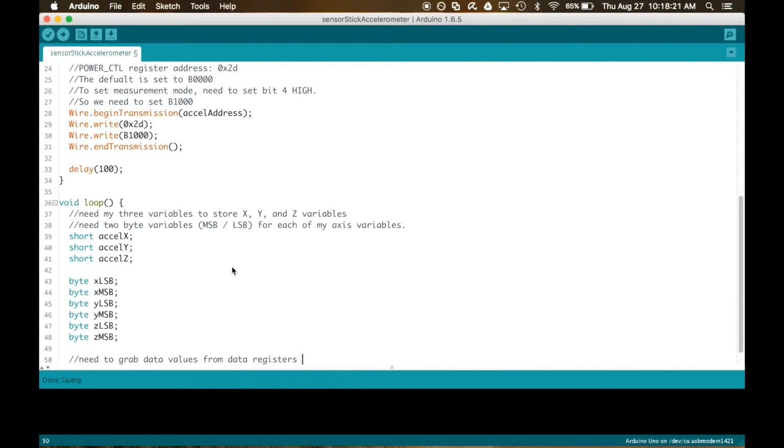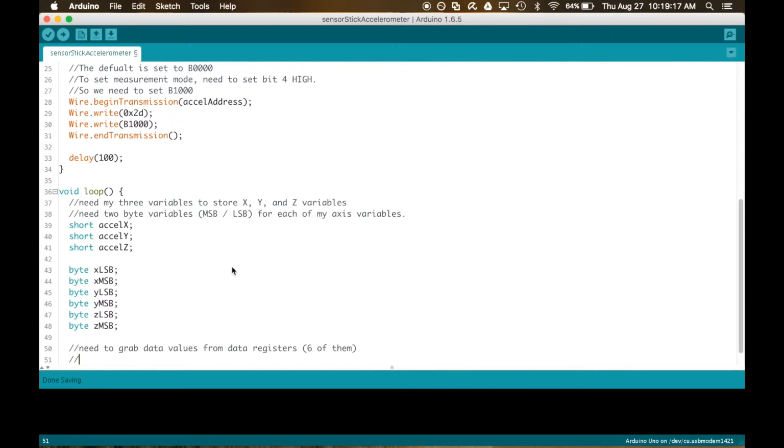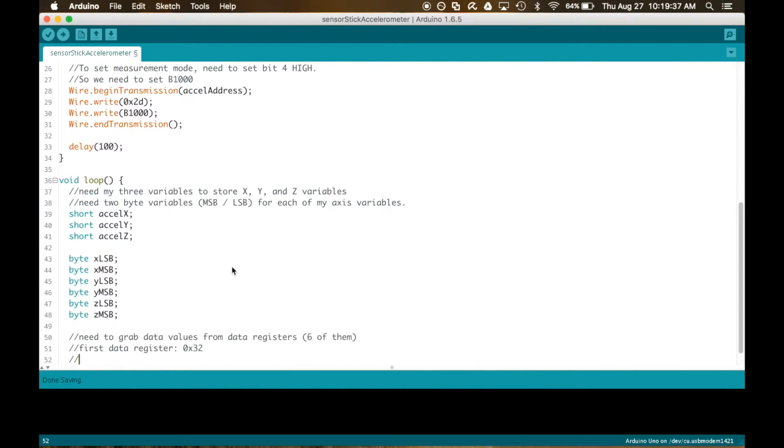Alright, so what do I need to do now? So now I need to grab the data values from those 6 registers. And the address of the first data register is at hexadecimal 32. So I need to request the next 6 data bytes from this address, and I need to store them appropriately